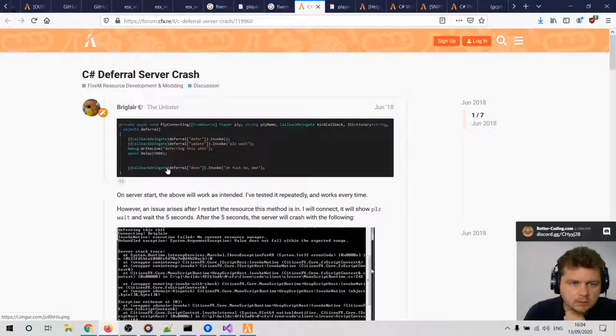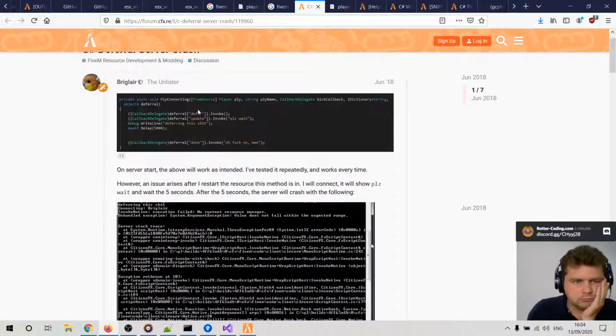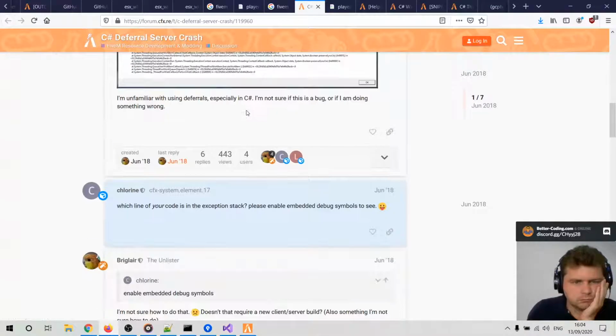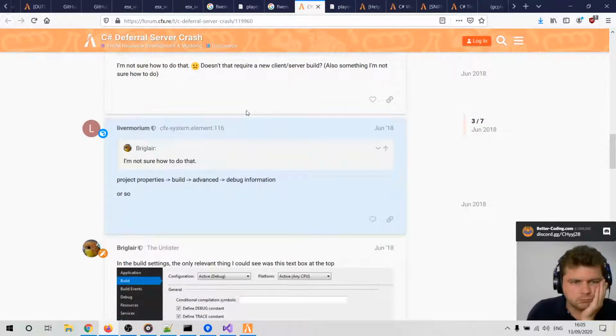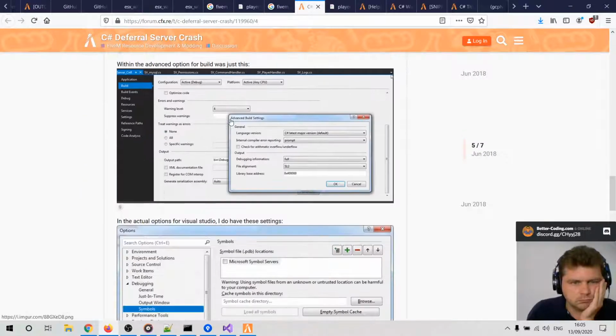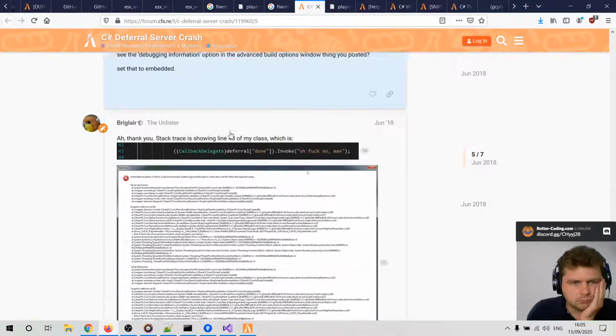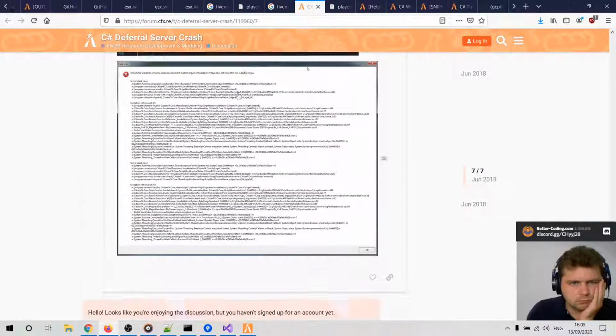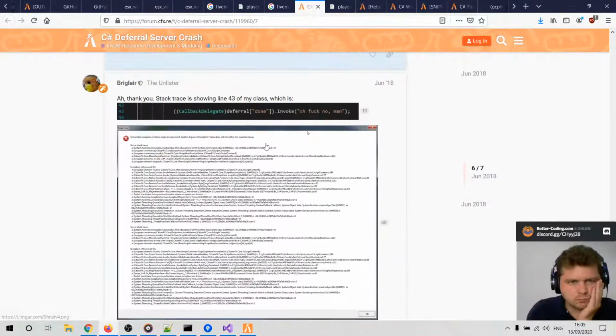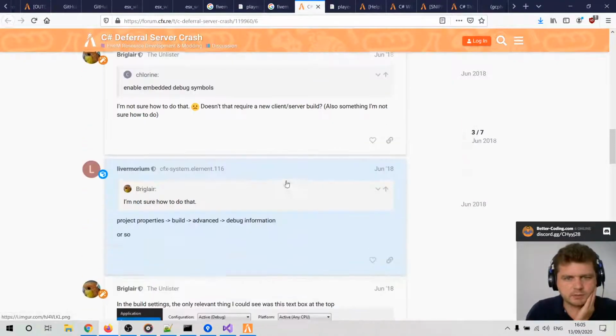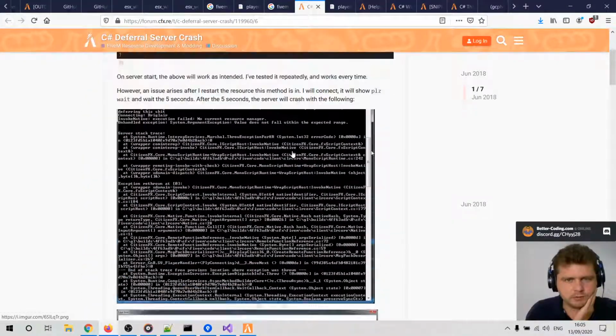Okay, it's a callback delegate deferral done invoke. Oh, phew. It's a very strange construction here. I'm not sure if it's correct, but